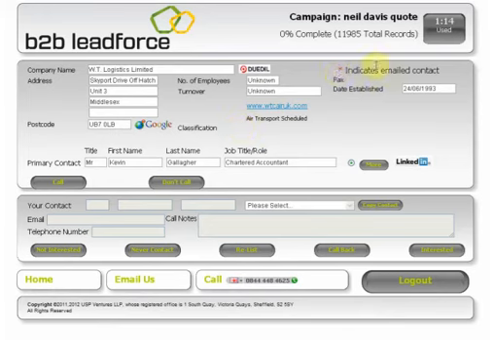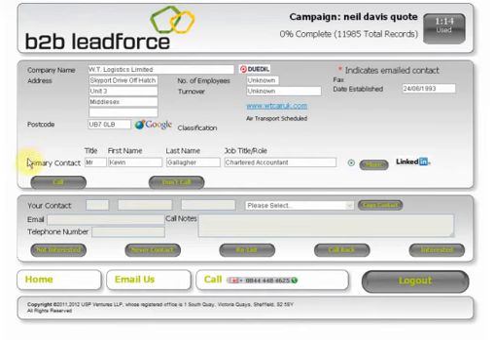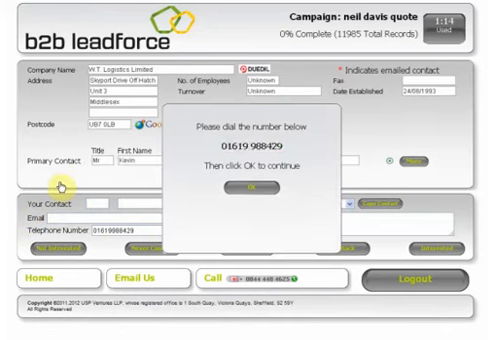We've sent out a volume email here, and if you see the asterisk star here, which I've just highlighted, if there is a star here by the primary contact, that means that the named email was sent to that person. If there is a star down here, that means that we were able to email them, but we were only able to send a generic info at or inquiries at email. So I now want to call this individual,